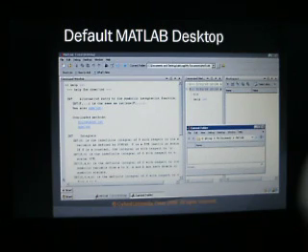The command window shows the commands which you have executed as well as the output result of a MATLAB program. In command history, you will find all the commands which you have executed previously in MATLAB. The workspace is basically a memory space of MATLAB which contains all the variables and their numerical values which you have stored in a particular program. The current folder displays the current directory from where you are picking up the MATLAB file.